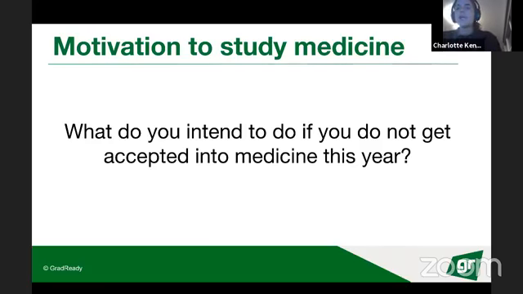But ultimately, I think that you need to bring it back around to how whatever you do in the next year is going to equip you better for medicine, and that your answer isn't, I'm just going to give up and go into corporate finance or whatever, because I think that's the worst thing that you could say. Yeah. Do you have anything to add, Mac?